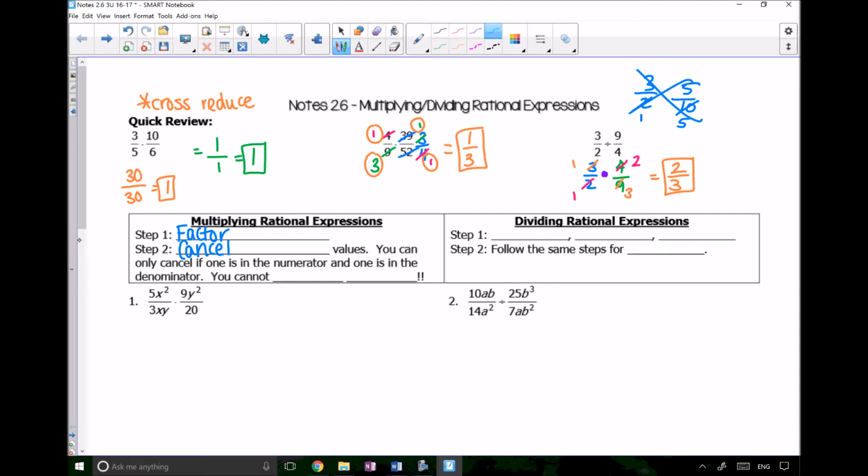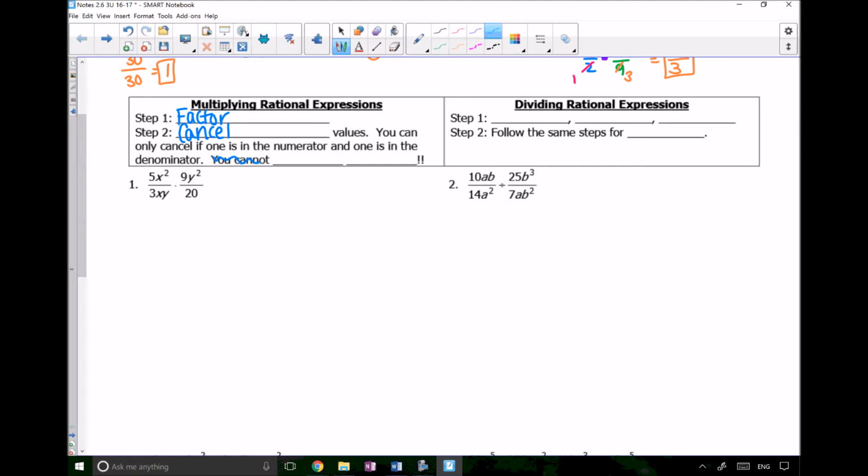Okay, so let's just cross this piece off. We don't need this piece right here. And then let's add a step 3, and that's to multiply, then simplify. All right, and then for dividing rational expressions, what we're going to do is, just like